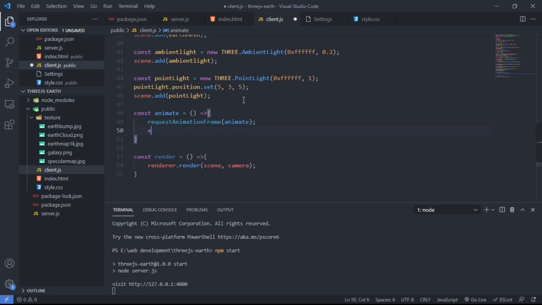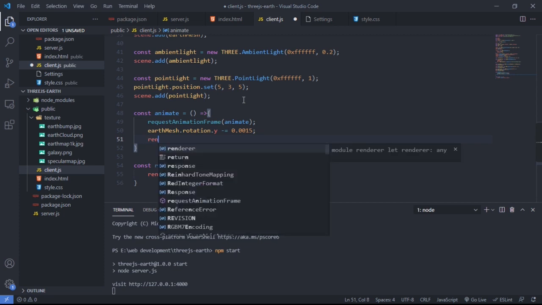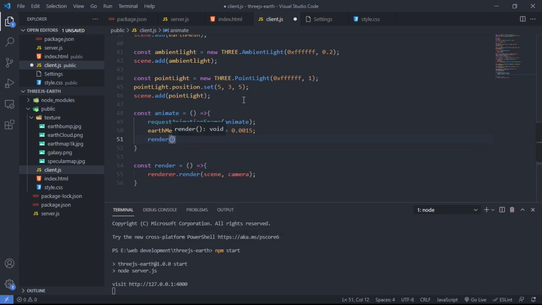Okay, so now let's take the earth mesh and rotate it. Rotation dot y, we are going to rotate this earth on the y axis. So let's say y minus equal 0.0015, and this 0.0015 is the rotation value, that is, how much rotation you want. If you want faster rotation, you can increase this value. If you want slower rotation, you can decrease this value. Okay, now let's call the render function to render everything,